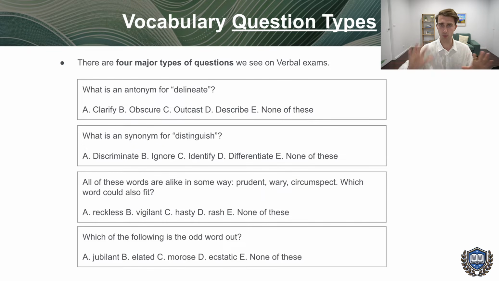So there's kind of two strategies on how you can improve your vocab skills. There's a meta strategy, which is more overarching, which is more long-term, which is going to give you the biggest rate of improvement, but it takes more time. And then there's also specific strategies for each question that can just make your accuracy on them a little bit better. And if you don't actually know some of the words, it can make it easier to get it right.